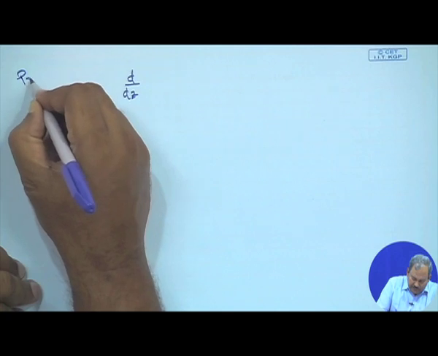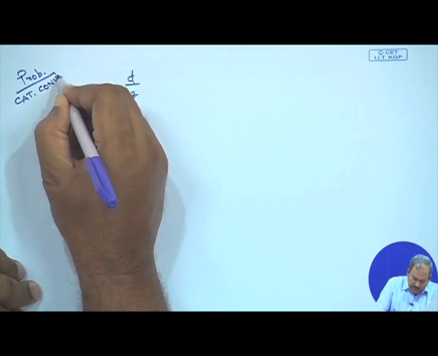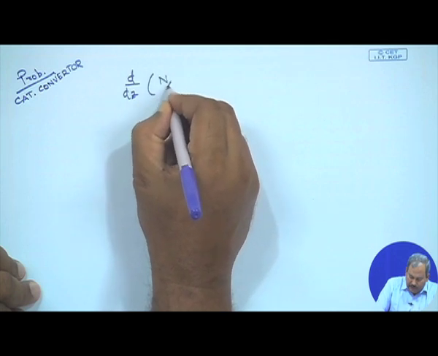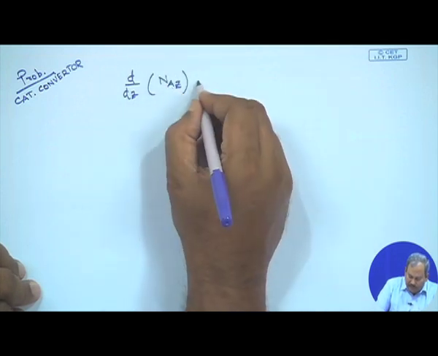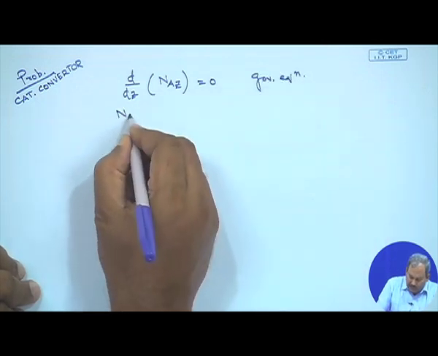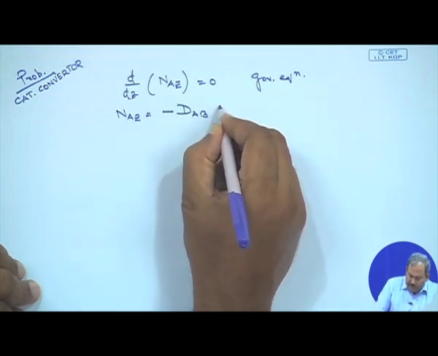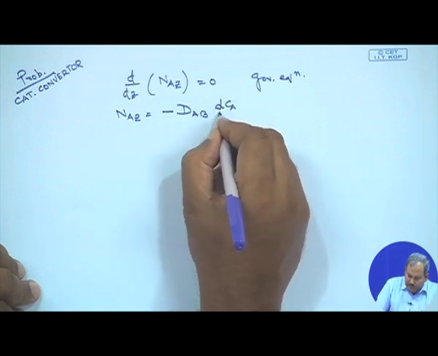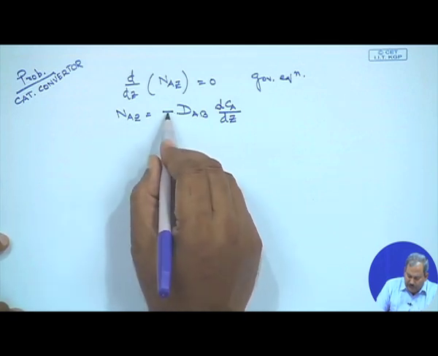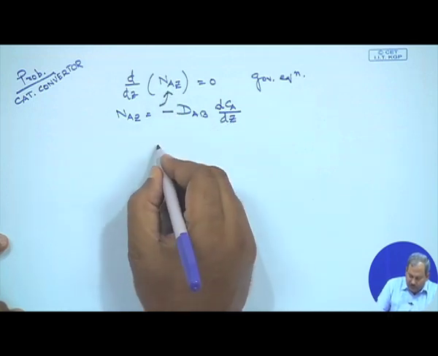So this is the problem on the catalytic converter. So d dz of N_Az, where A is the reactant, would be 0. This is my governing equation, and in this governing equation I have to substitute the expression for N_Az from Fick's law. Since it's a diffusion only process, the flux of A in the Z direction can be expressed as minus D_AB dC_A dZ. So when you substitute that in here, what you are going to get is